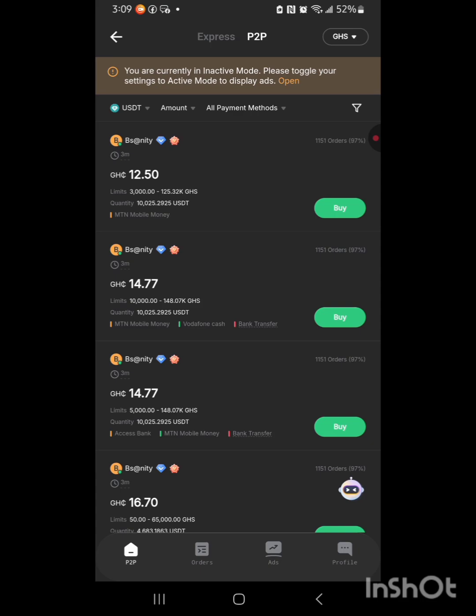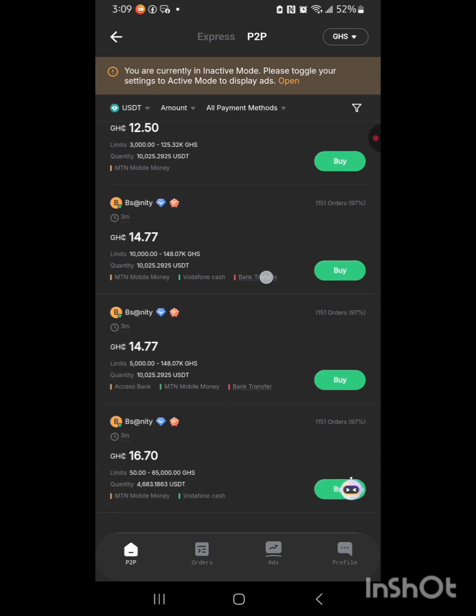Having said that, let's now sell that initial 112.75 USDT to Ghana cedis. Keep in mind, we are still in a process of knowing how this is going to look like at the end of the day, if it is going to be profitable or not, because in some days it might be profitable, in some days it might not be, depending on how the market looks like based off of the rates.